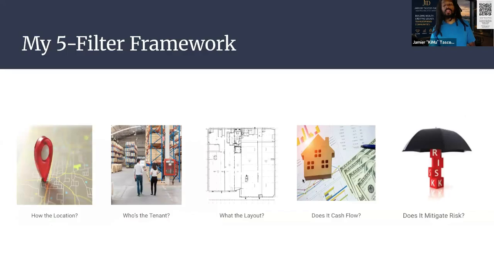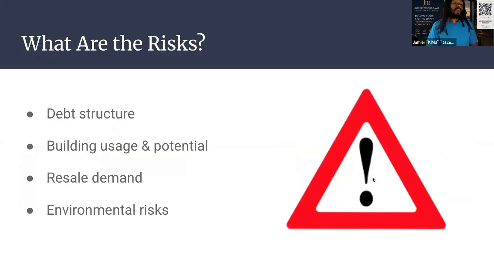The final framework goes into the one that I just talked about, which is mitigating risk. And the reason why it's here twice is because that's more important. Risk can kill a deal. And if you aggressively evaluate it, you might lose out on a good deal. The numbers added up, but you didn't factor in the risk appropriately. So the debt structure is very important.